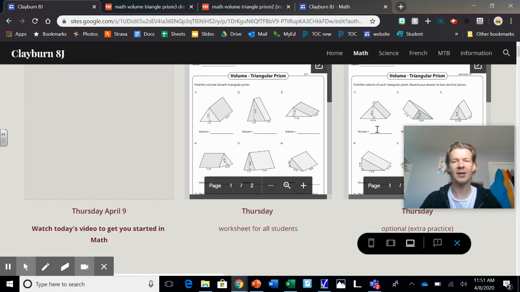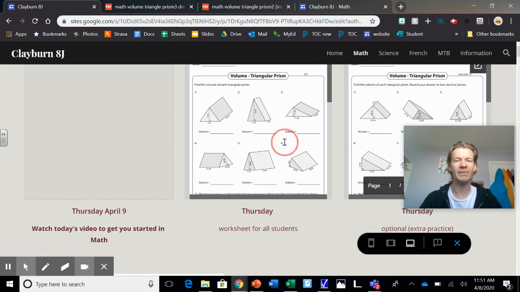And then there's another one. It's just more practice. It's not really more advanced. It's the same stuff, but if you need extra practice, it's there. And like yesterday, the answer key is actually attached to these. So if I open this up,